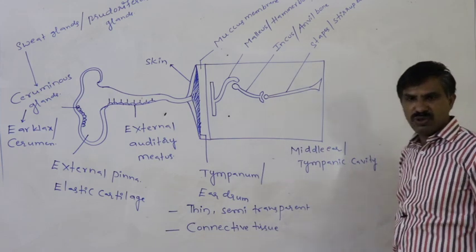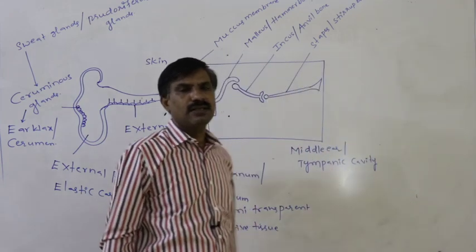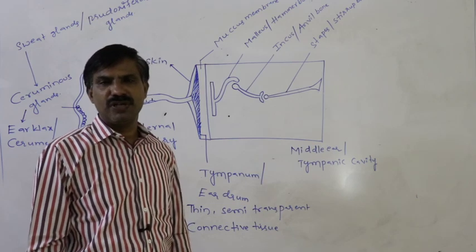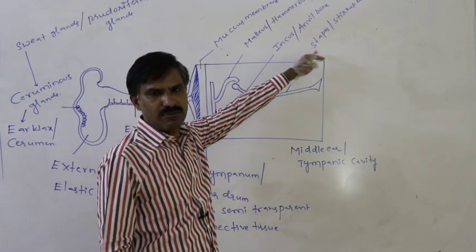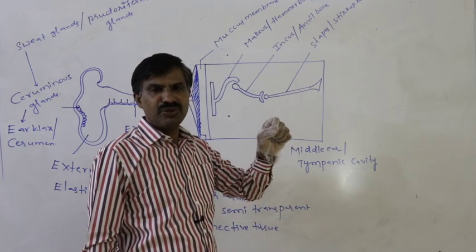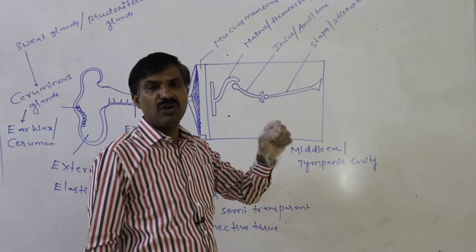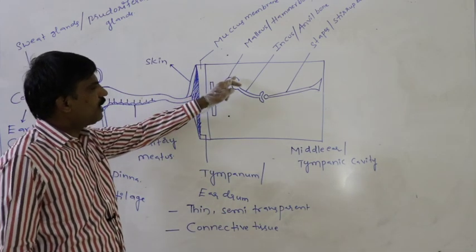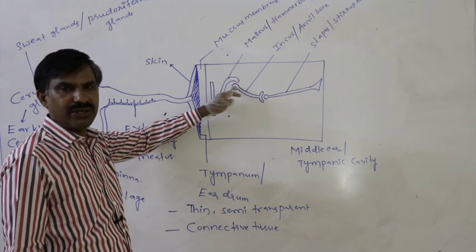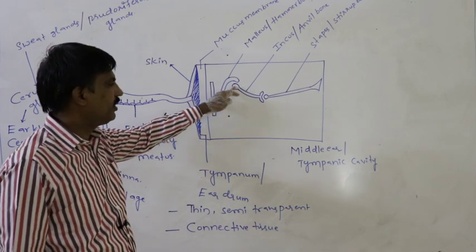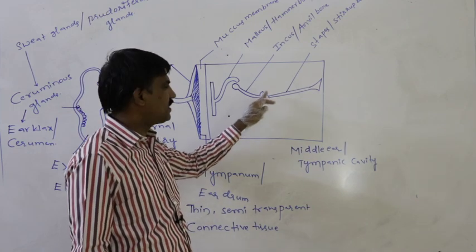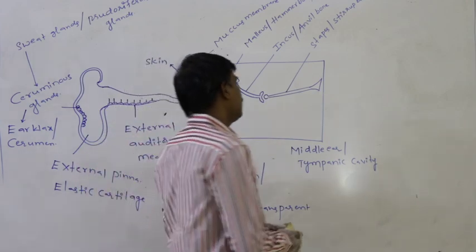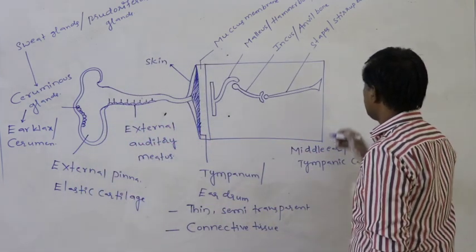Stapes or stirrup bone is the smallest bone in our body. Of the 206 bones, the smallest bone is the stapes bone or stirrup bone, formed due to the modification of the hyomandibular bone. So definitely here, the head of the malleus is articulated with the head of the incus. Again, the tail of the incus is articulated with the head of the stapes. Again, definitely the stapes bone finally